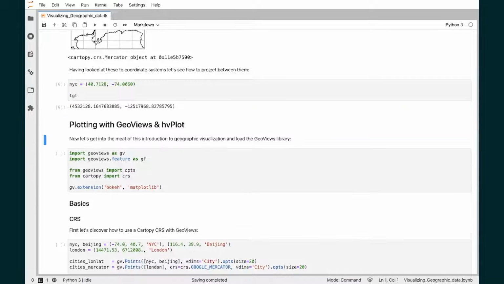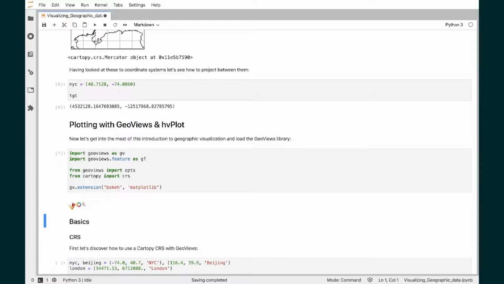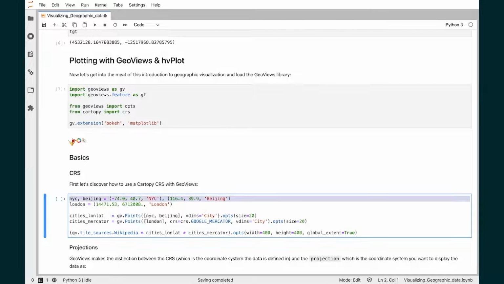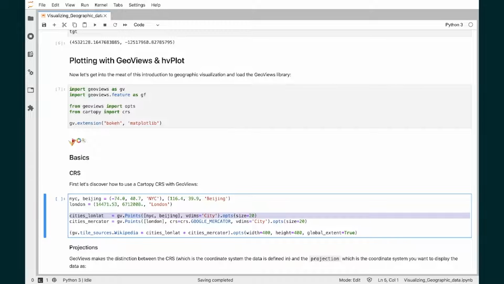Okay, so let's actually start digging into visualizing some data. What we're going to do now is load GeoViews, and that's where we're going to start. We've already discovered that we need to give our data points a coordinate reference system. We know the plotting interfaces need to know what kind of coordinates these are to put them on the map. The default projection that GeoViews uses is the plate carrée projection, which allows us to display points in longitudes and